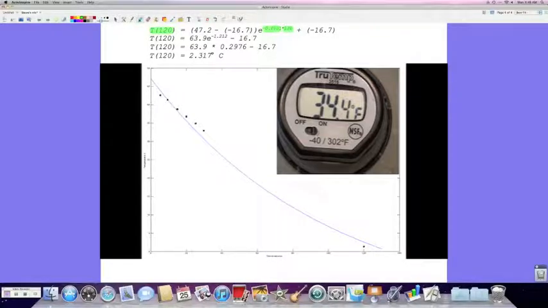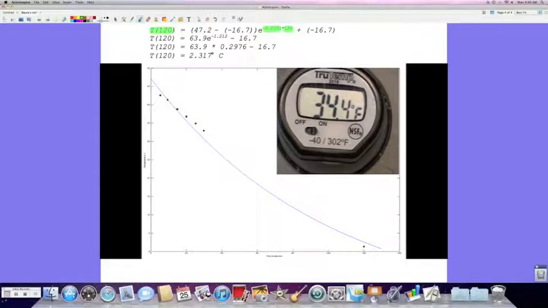I went ahead and graphed this equation in MATLAB, and then I plotted my points as well, showing approximately how my results came up against the theoretical results. Now, I did come up with 1.33 repeating degrees after 120 minutes. The initial temperature and the temperature after 10 minutes were used to calculate the value of K. Some of the problems that could exist are that maybe my reading after 10 minutes